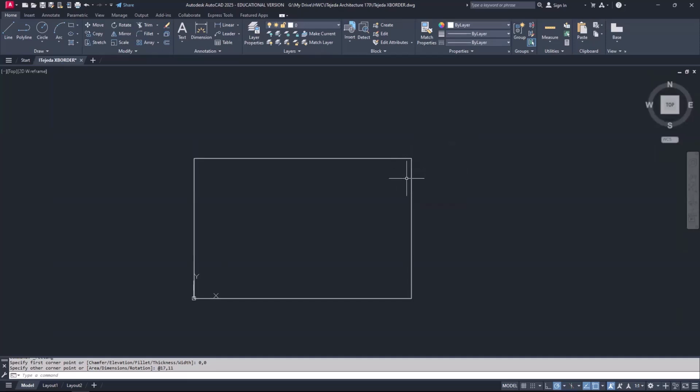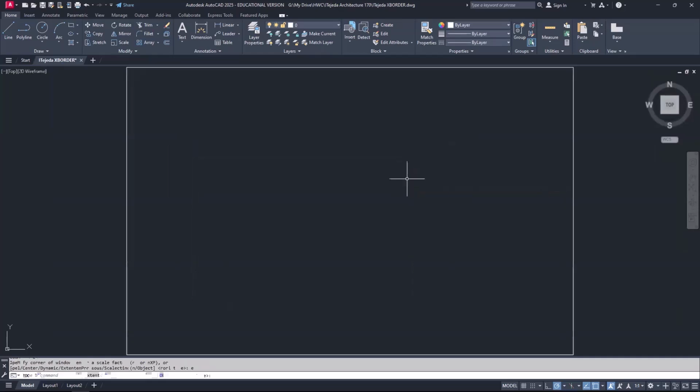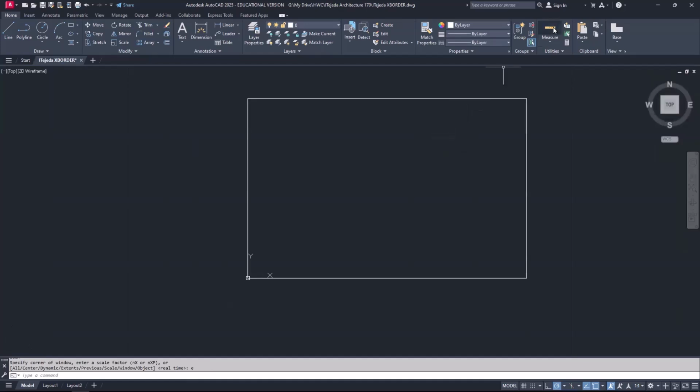To make sure, I'm going to zoom extents first. And then I'm going to zoom out just a little bit. There we go. And then I'm going to come over here to measure. And I'm going to use my quick measure. And when I do the quick measure, I make sure that it is 17 inches by 11. And it's going to show me 1 foot 5 inches, which is 17 inches. And then my four corners are 90 degrees. So I know that this is the correct size. If I move my cursor out here, it says 11 inches that way, and then 1 foot 5 that way. All right, so I'll tap the escape key